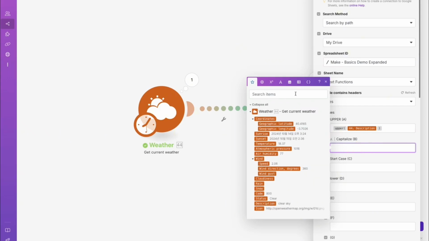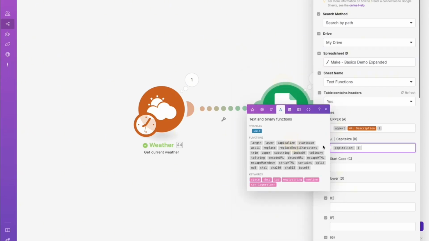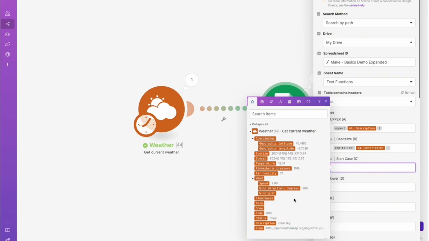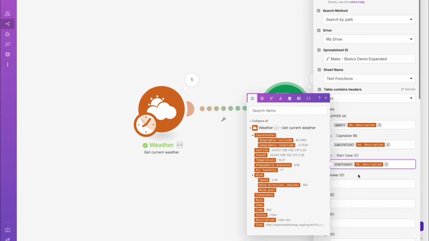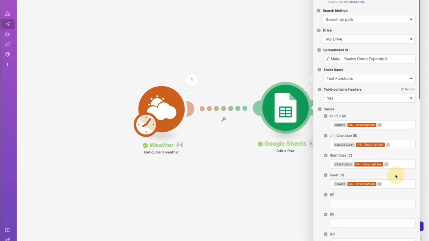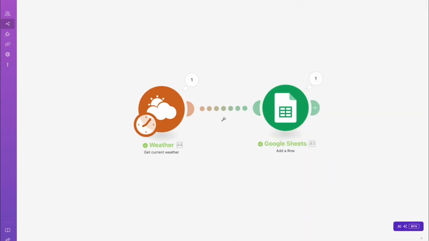And let's say if you want to just capitalize something, I can just hit the word capitalize. And what it will do, it will capitalize the very first letter. So I can find this description again, click it in. If I want to do start case, then that means every other word, I can type this in, and every other word of the new phrase will start off with a capital letter. And if I want to lowercase everything, I can do lower, and then description, add in the data that I want to plug. And then once I press OK and I run this,